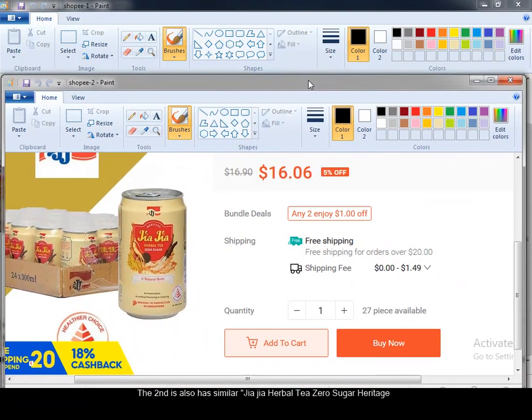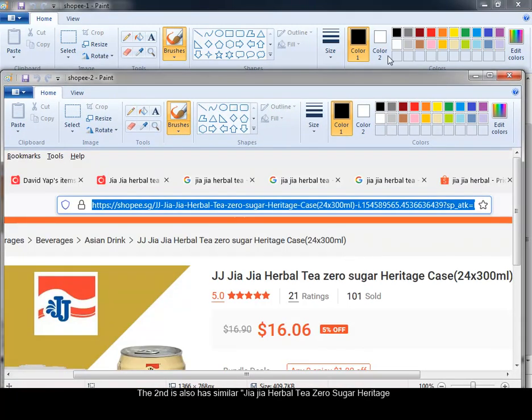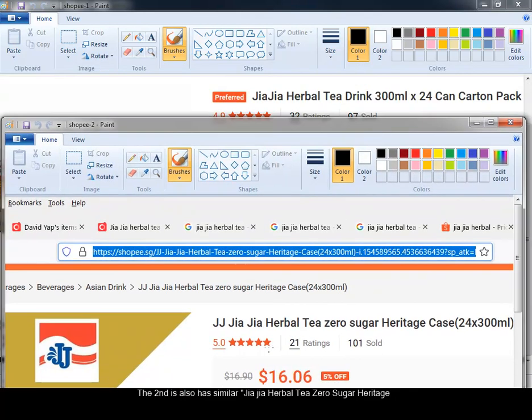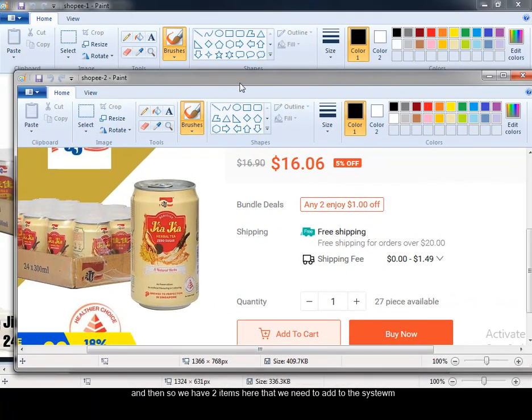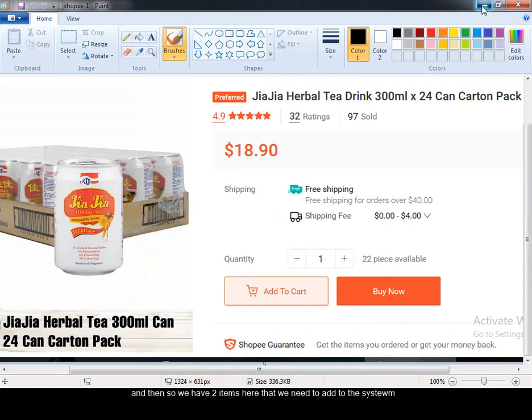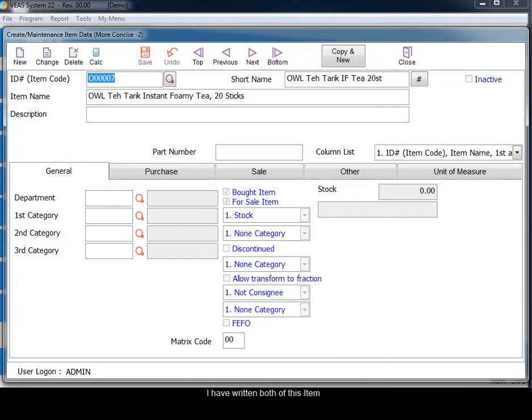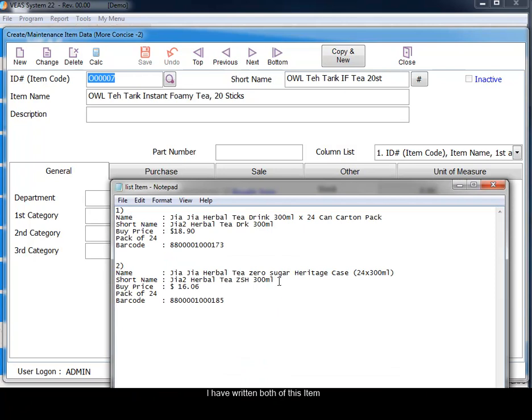The second is also similar: Gia Herbal Tea Zero Sugar Heritage case 24 times 300 milliliter. So we have two items here that we need to add to the system. I have written both of these items.